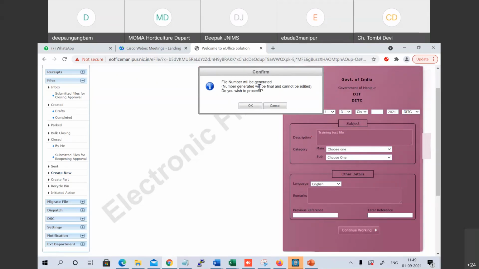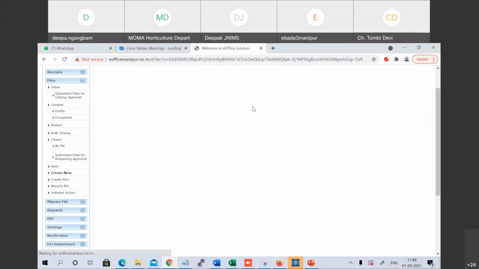This is a kind of warning that you have to be sure this particular file is going to be generated. If you are not sure and want to make changes to the file code or the file head you have selected, you can still do it prior to proceeding. Otherwise, once you create, you won't be able to edit the number of the file. So that's what it says. When I click OK,